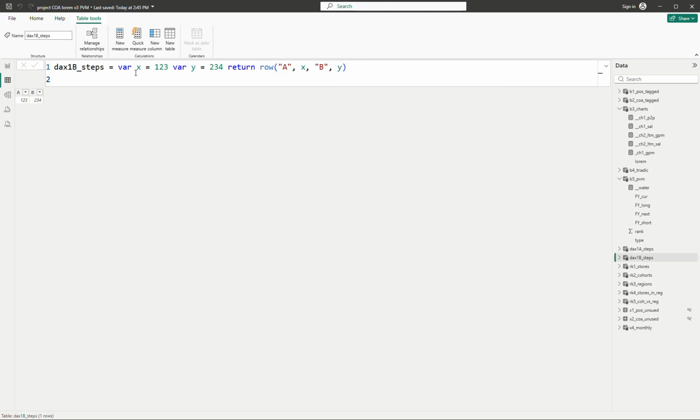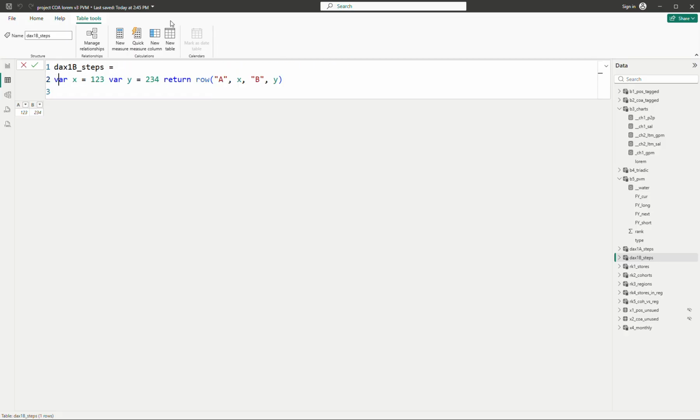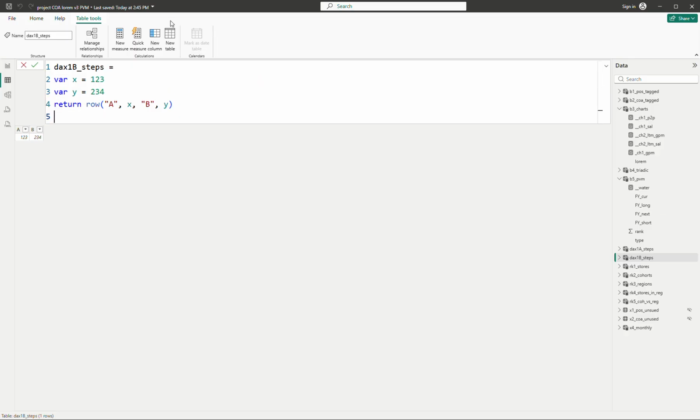Now if you want to, you can wrap everything in brackets like this, but it's okay to write like this, or you can write like this,